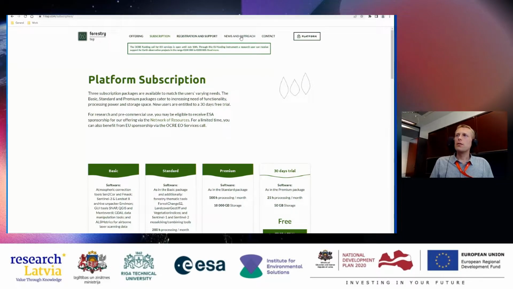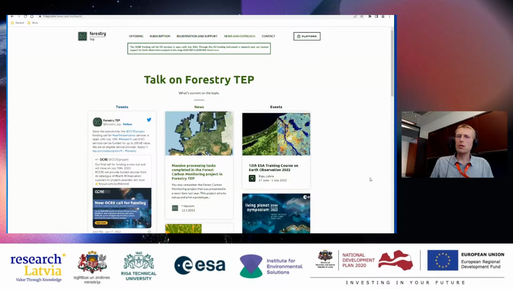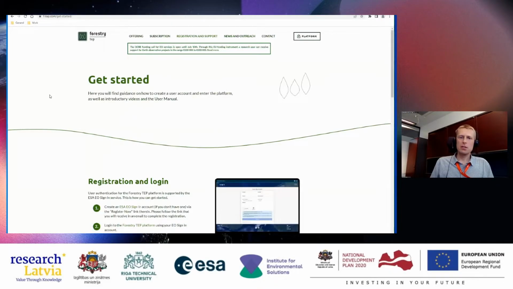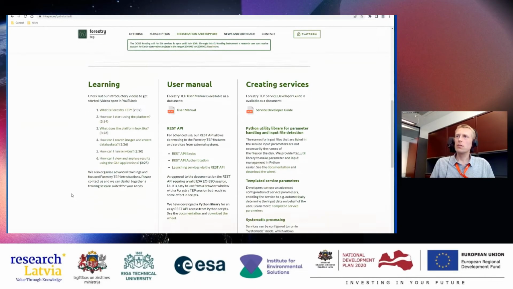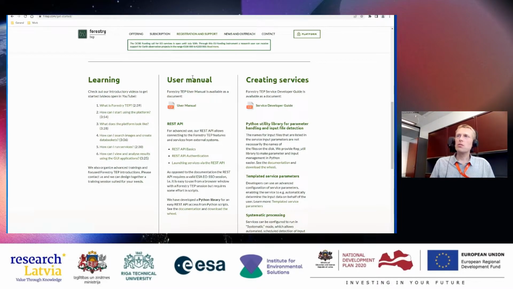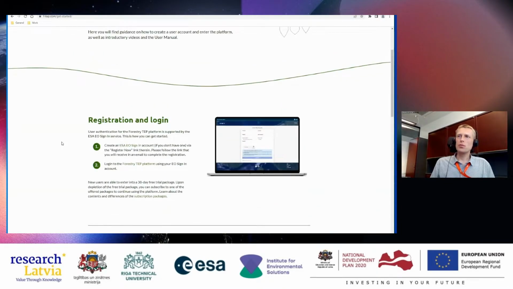And then we have this news and outreach page for more information. But most importantly, and which is where I want to finish, is the registration and support page. So this is the page where you can find, first of all, information on how to start using the platform. And then when you start using it, information on specific details like the user manual and service development and some short tutorial videos.